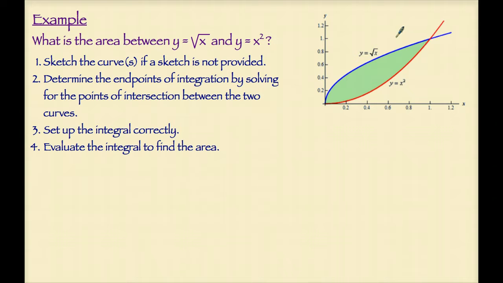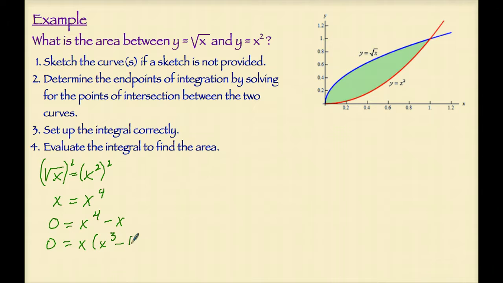Since a sketch is already provided, let's find the endpoints of integration by solving for the points of intersection between the two curves. Therefore, I will set these two curves equal to each other to see where they intersect. Let's square both sides. This gives me x equals x to the fourth. And when I subtract the x over and set the equation equal to 0, I'm able to factor out an x,